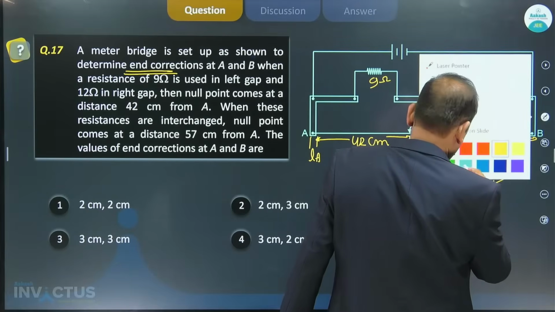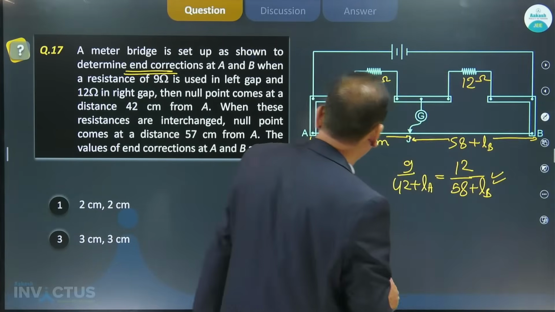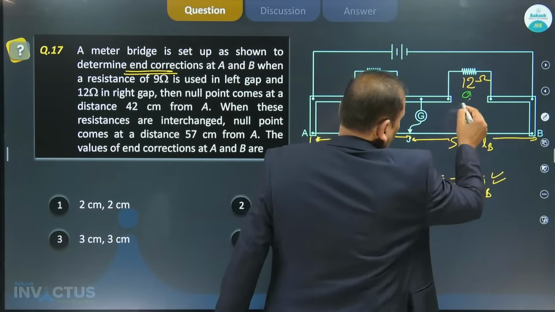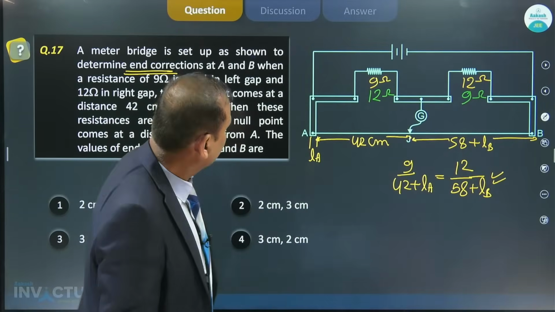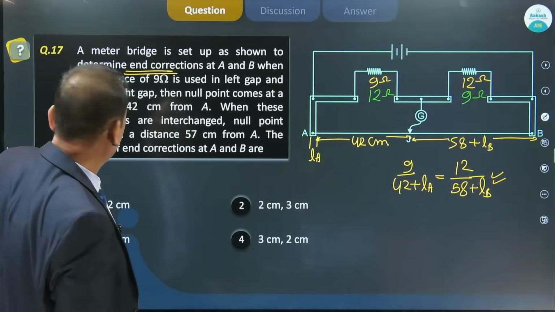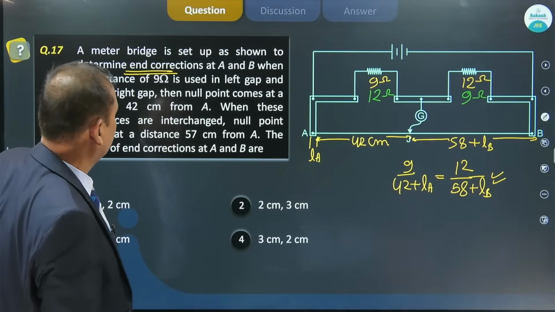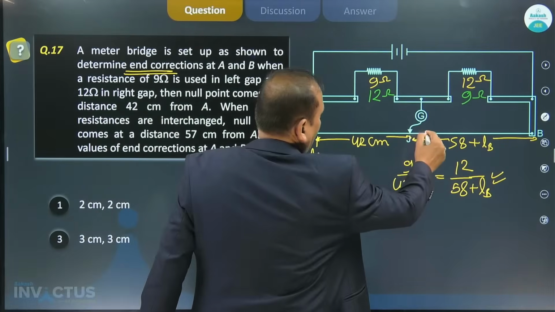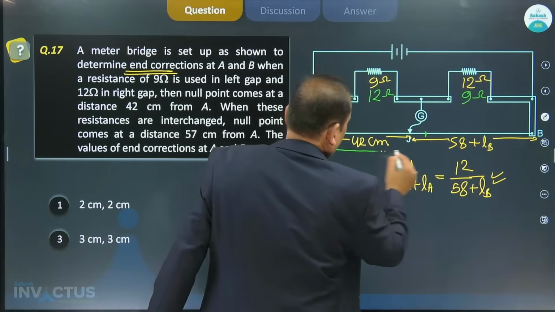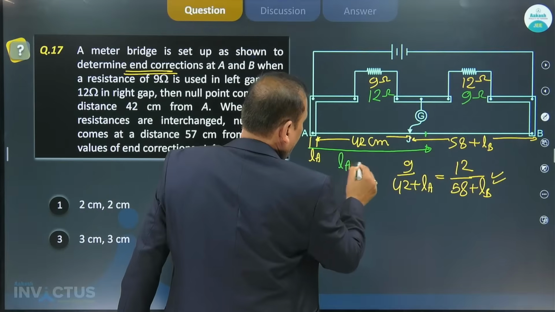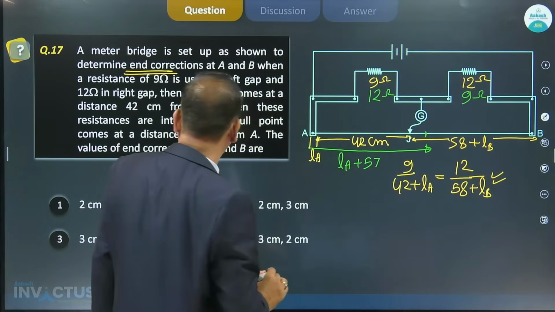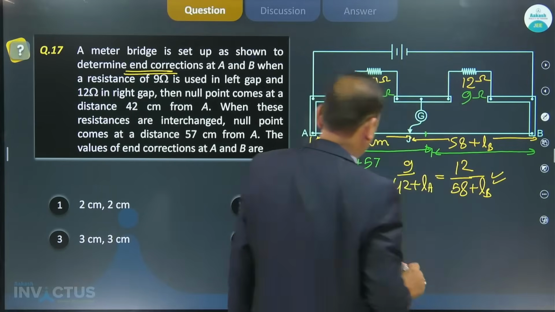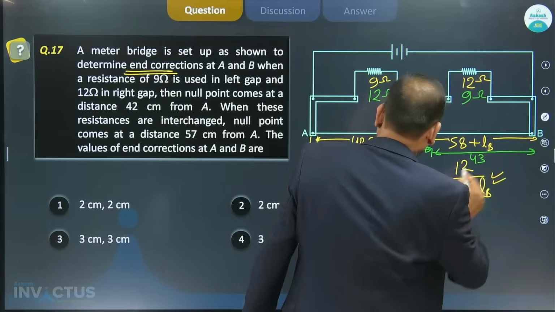In the next scenario, this is a 12 ohm, this is a 9 ohm. Resistors have been exchanged. When these resistors are interchanged, null point comes at 57 centimeter from A. So null point will be here, and this distance will be equal to LA plus 57. Certainly, this distance will be equal to 43